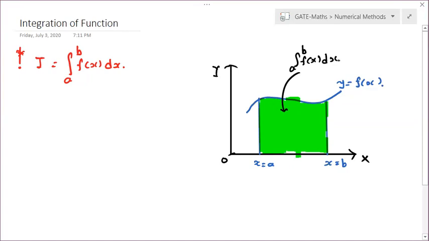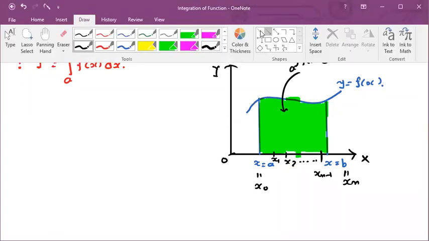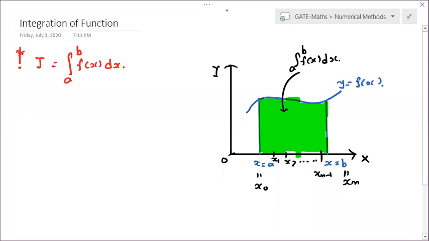Now, what is the thing that we are going to do in trapezoidal, Simpson 1/3 and Simpson's 3/8 rule? We are going to divide this interval in n equal parts. We will take this first value a as x naught, we'll take this value b as xn, and we are going to divide this interval in n equal parts. So this is x1, x2, like that. Our last second point will be xn minus 1 and last point will be xn. And for all these equal parts, if I take their step size, step size means its width.